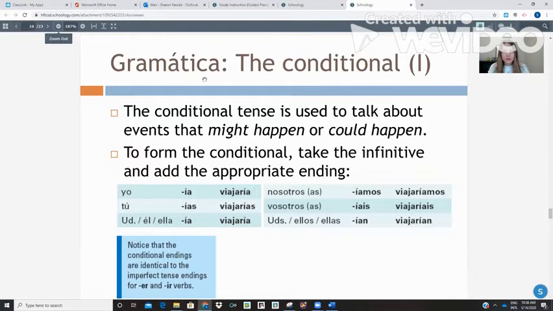So what you do to form the conditional tense is you simply take the form of your verb that you want to conjugate. Por ejemplo, yo, your verb that you wanted to say, for example, I would travel. And you just add the ending to the entire verb. So it's just like the future. You take your whole verb and you add the ending to it. So if I want to say I would travel, if you look at the slide here, it says viajaría. Viajaría means I would travel. So you simply take the infinitive of your verb that still has its ending and you add the ending to it.